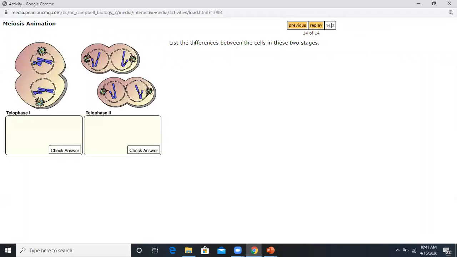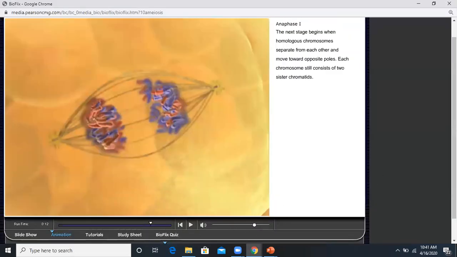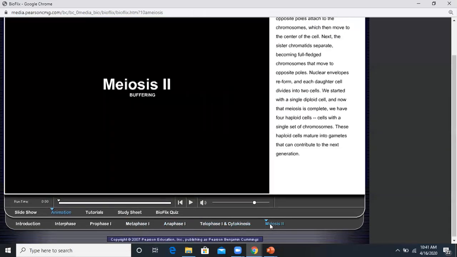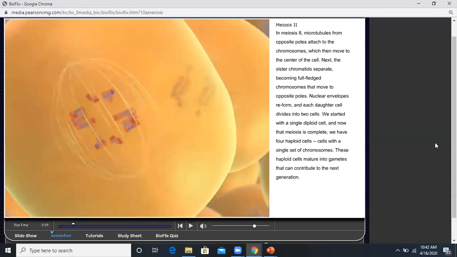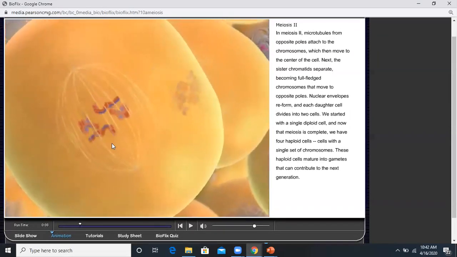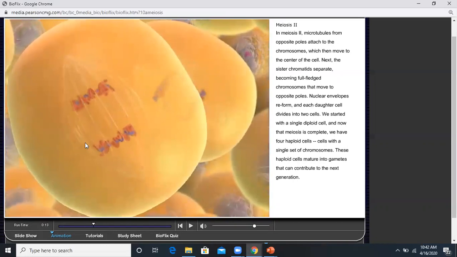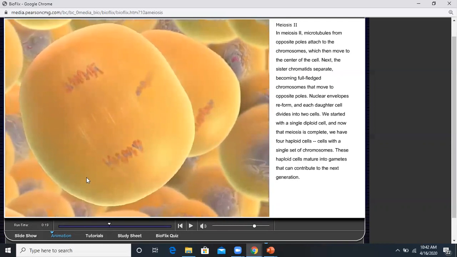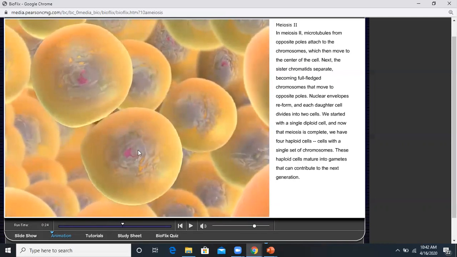I want to see if there's another visual here. I don't think there is. So to wrap this one up, let's show you the same biofix version, let's just look at meiosis II. So in meiosis II, again, you've already separated your homologs, so it's showing you the other cell over here. Those are all your sister chromatids. That's anaphase 2. You're pulling apart your sister chromatids. Then again, in cytokinesis 2, you get your 4 cells produced here at the end, okay,